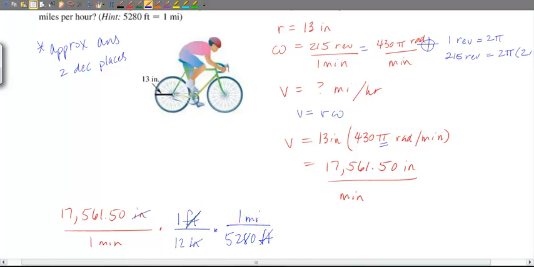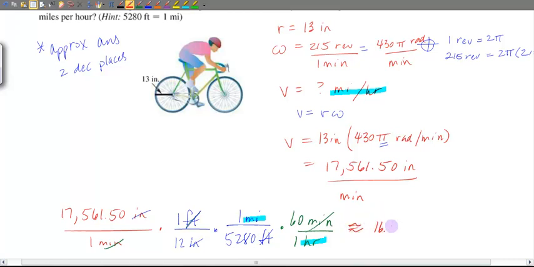Okay, so the next thing I'm going to convert is minutes into hours. So I know that there are 60 minutes in 1 hour. So minutes is gone over here. And so I'm going to check to make sure I've done this right. I'm left in miles per hour, which is what I needed right here. So as long as I go back and double check that my units are in the right position, miles in the numerator, hours in the denominator, now I'm ready to go ahead and multiply straight across and divide by the product of the denominator. Okay, so we do that and we get